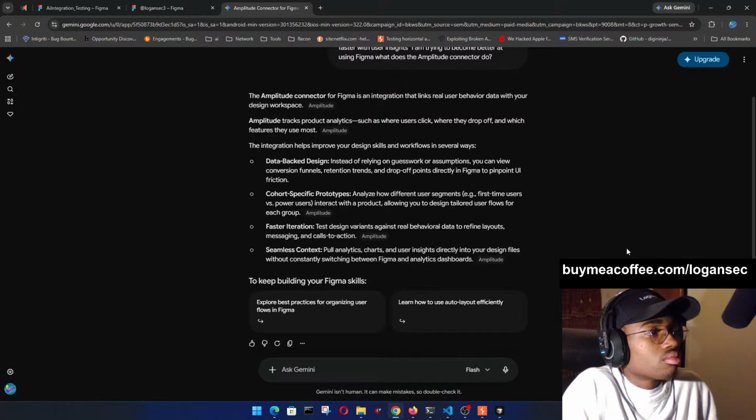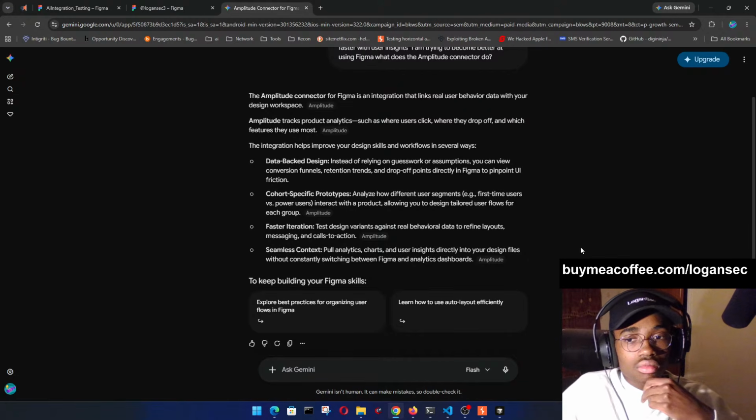Data-backed design: instead of relying on guesswork or assumptions, you can view conversion funnels, retention trends, and drop-off points directly in Figma to pinpoint UI friction. Cohort-specific prototypes analyze how different user segments, for example first-time users versus power users, interact with a product, allowing you to design tailored user flows for each group. Amplitude faster iteration: test design variants against real behavioral data to refine layouts, messaging, and calls to action. Amplitude seamless context: pull analytics, charts, and user insights directly into your design files without constantly switching between Figma and